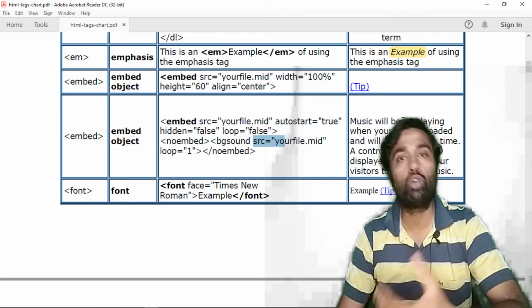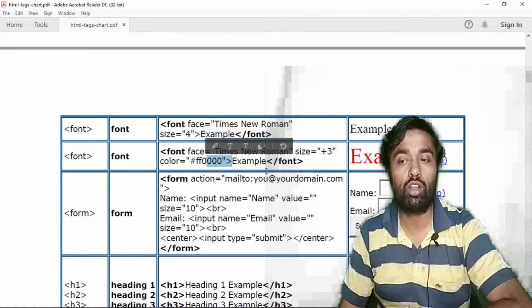Now we will discuss the font. Font face will be Times New Roman, Arial Black, Arial Narrow, or any other text. Approximately 152 fonts are in Microsoft Word, I think. So we will use Microsoft fonts by using the font tag. You have to know about the font tag first. Also with font face, you can set the size of your font and the color of your font, and you can increase or decrease the size.